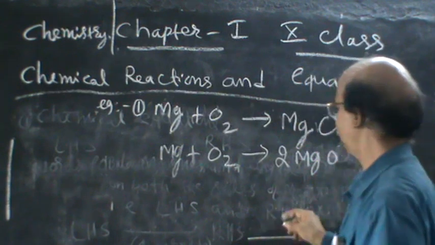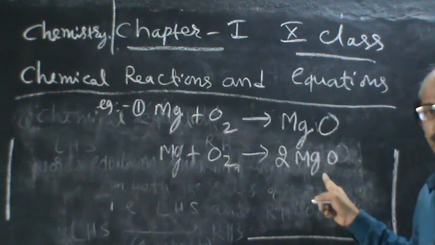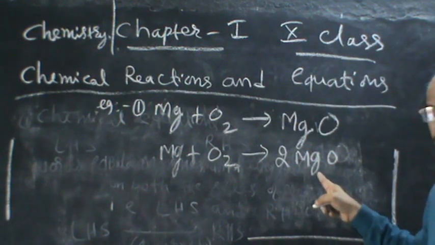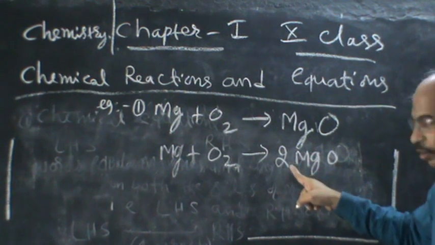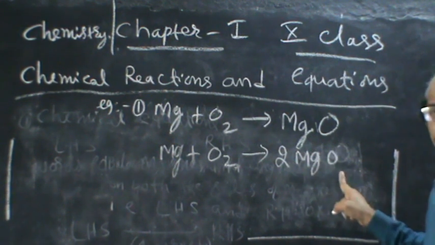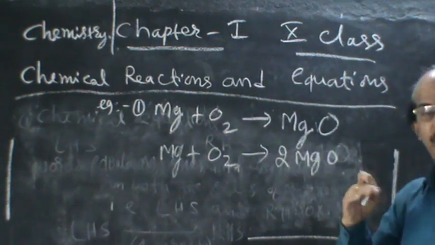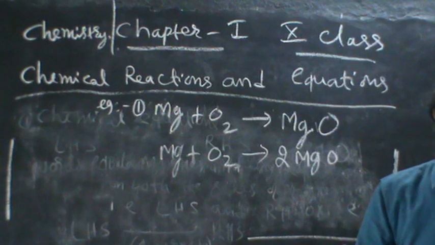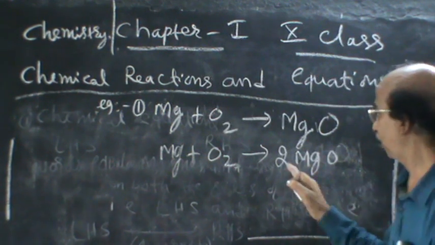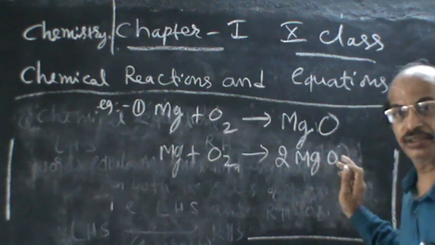But while balancing we disturb this. We disturb magnesium at the same time. If you write any number here, it is applicable for this as well as this. Whereas a down number is there for that element only. The down number is applicable for that element only, whereas the side number applies for all the elements till the next one comes.